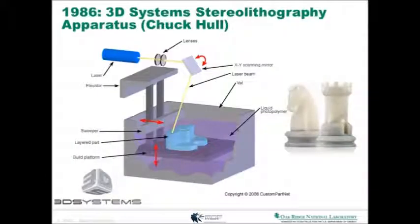Okay, so let's go ahead and skip to slide 4. It says 1986, 3D Systems. So 3D printing was actually invented way back 30 years ago, in 1984 or